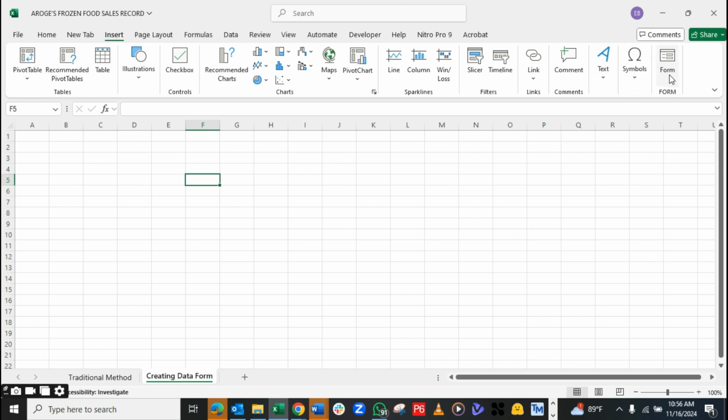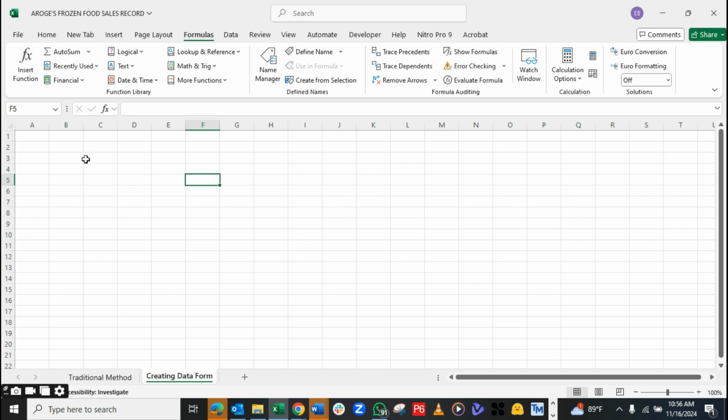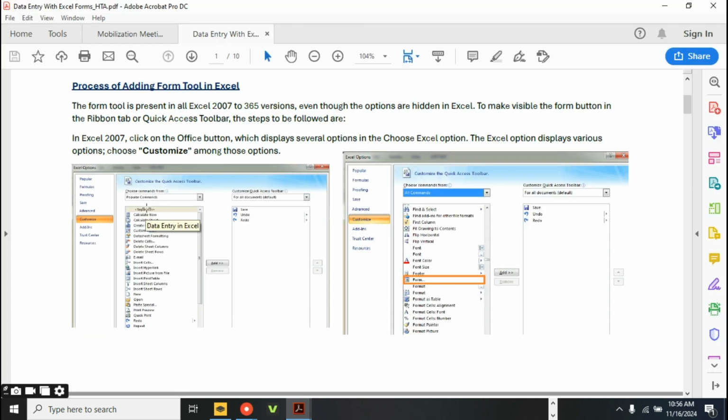So I have form already in my own record here. And the reason why I have form is that I brought it in. But if you go and check your own insert, anyone who has something as their screen, check your insert. You will not see form there. Or check your home tab, you won't see it anywhere. That's because you have to bring it in. So please, I want us to follow me carefully the way I bring in this form into my worksheet. It is part of the command in your Excel, but it is hidden. You have to bring it in. So the way to do that,